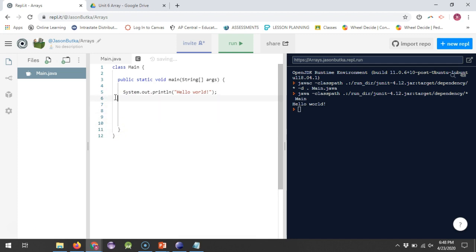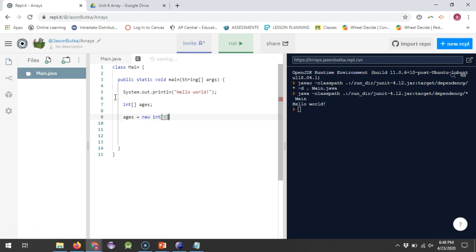Alright, so let's start off with integer arrays. We have to declare what type the array is going to be, which is int for integers, and then we denote that we're actually going to create an array by using the two boxes there. So integer array, and we can call it ages, and we could stop right there, and then we can say that ages equals a new integer array